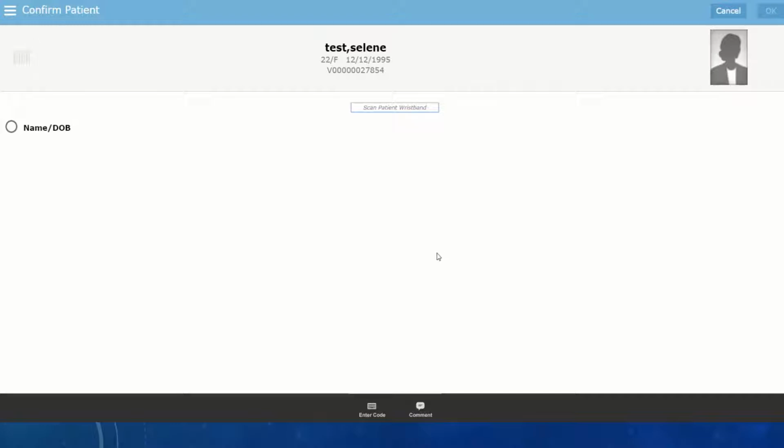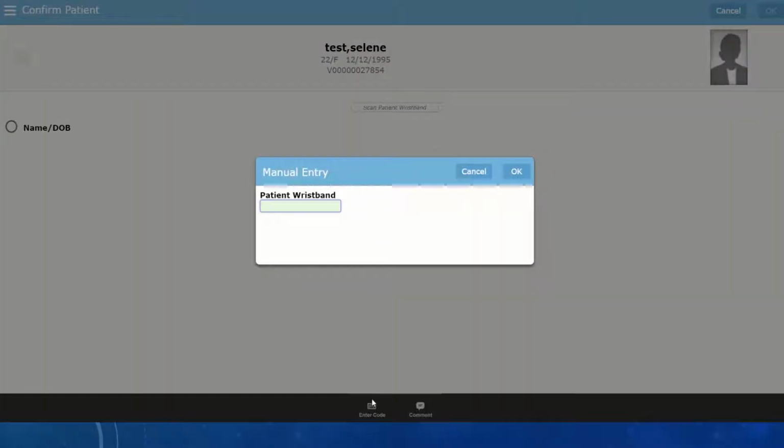So the way you can manually barcode is you would hit the enter code at the bottom of the screen, and what this is asking you for is the patient's account number, also known as the visit number, which is the V number that you see up at the top of the screen right here. So I would enter V, and then you would enter the number immediately following the last 0. So 278